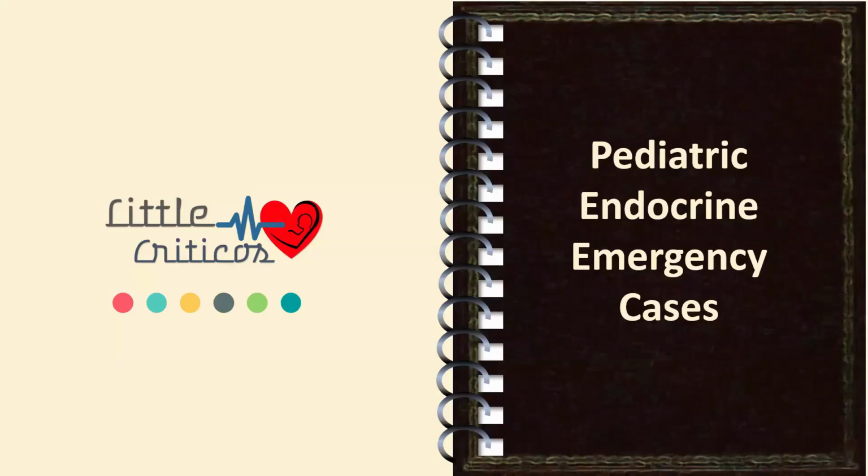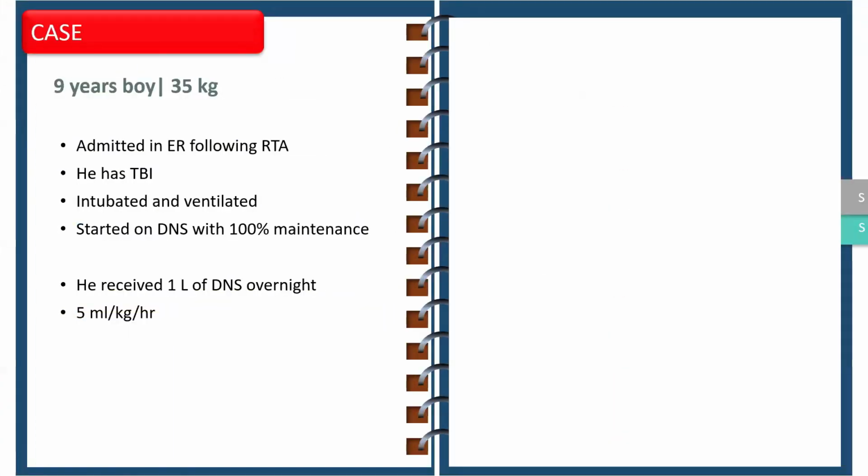Part of the series, we'll be discussing common pediatric endocrine emergencies. A 9-year-old boy was admitted in emergency following a road traffic accident. He has traumatic brain injury, he was intubated and ventilated, and he was started on dextrose normal saline with 100%